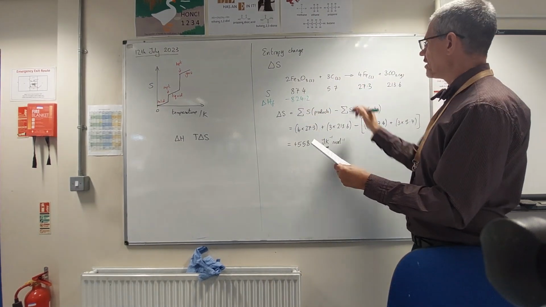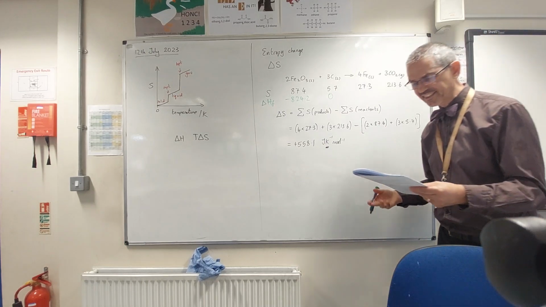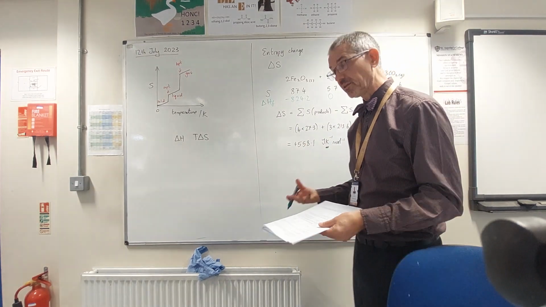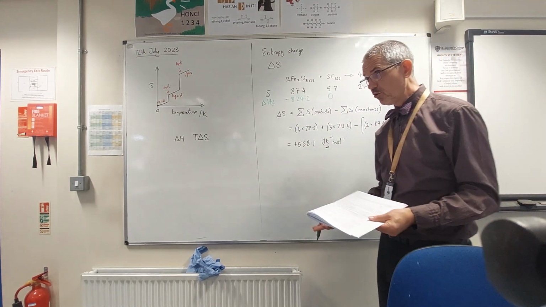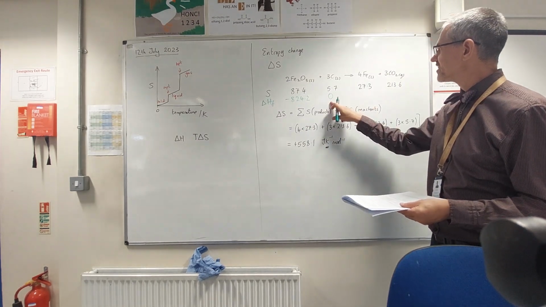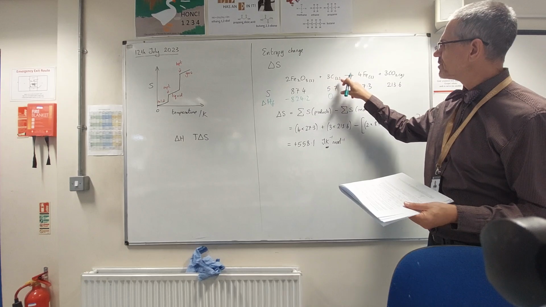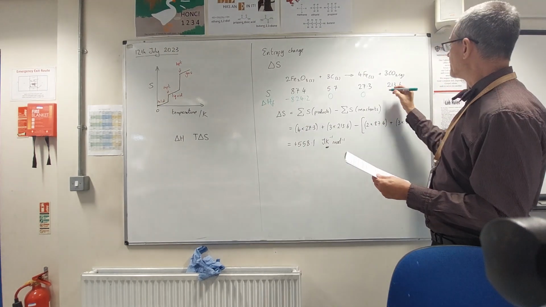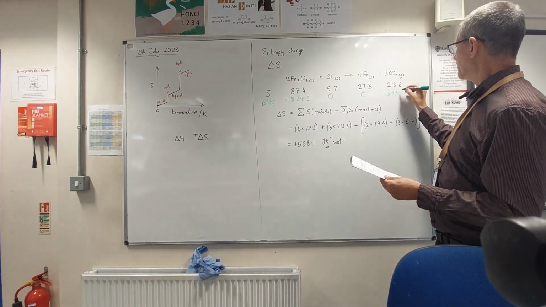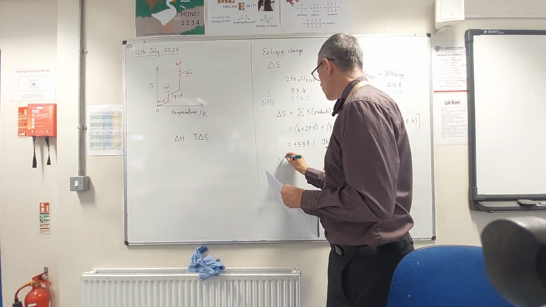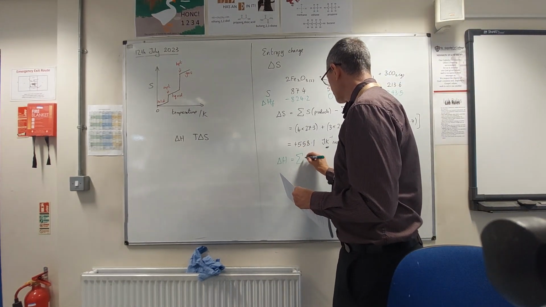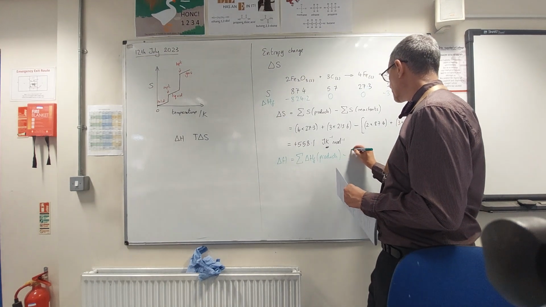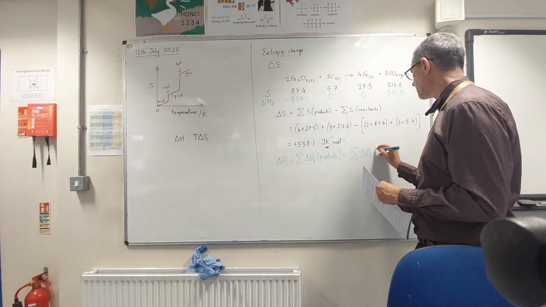-824.2. Carbon, of course, by definition, all elements in their standard states have 0 delta HF, because delta HF is the enthalpy change when 1 mole of substance is formed from the elements in their standard states. All substances under standard conditions in their standard states. So if I've got carbon as a solid, 0 delta HF, same for iron, and then carbon dioxide -393.5. So I can work out the delta H, which remember